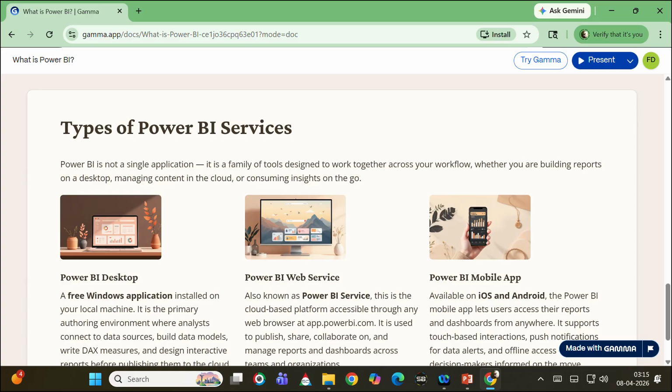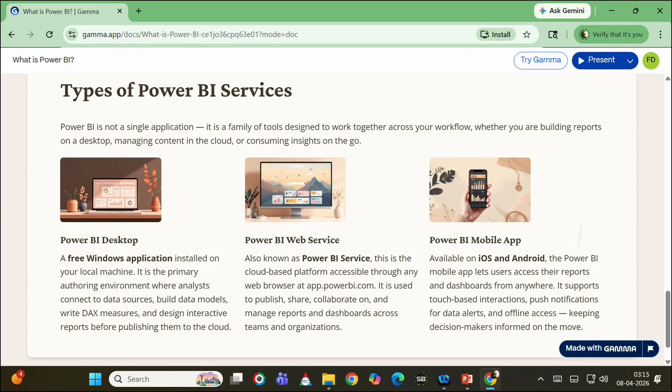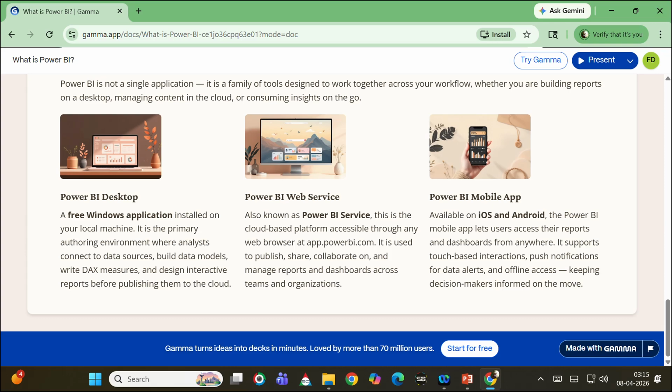And the last one is, we should have everything in our hand today. No, that is the expectation of the end user. So this Power BI is also available as a mobile app that you can use in your Android phones and iOS phones. Okay, so these are all the three different modes in which we can avail Power BI services.